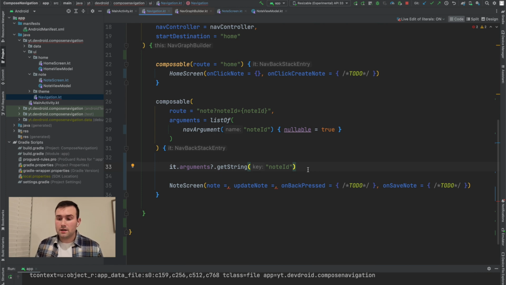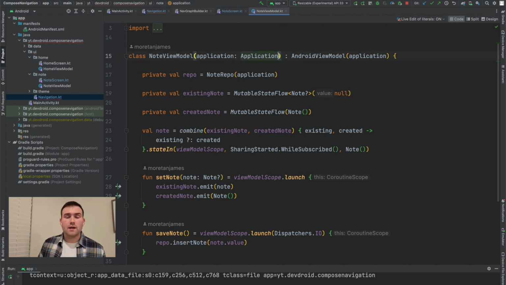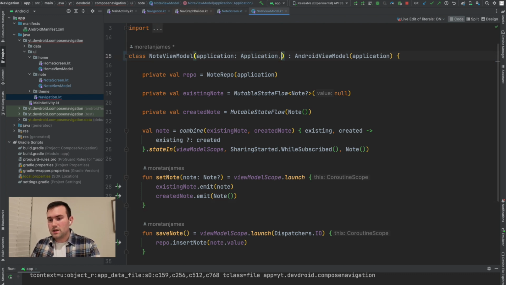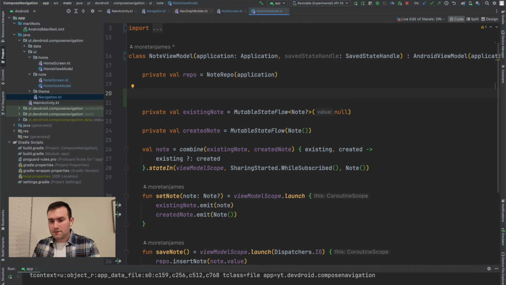But something really cool actually happens when you pass an argument in navigation, and that is that if you go to your view model, we can actually retrieve that argument through a view model's save state handle. And so all you're going to have to do is, I'm going to say existing node ID, and obviously some of this stuff is some boilerplate code that I had created prior to this video. But the important part is that you can,